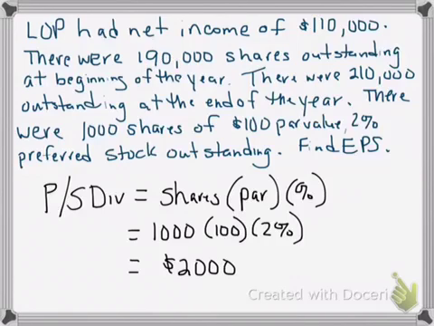Now the other information that we have to know for earnings per share, we need to know the net income, which we know is 110. We also need to know what the average common stock is. The way we find average common stock is we take the outstanding shares at the beginning of the year, the outstanding shares at the end of the year, and we take an average of those two. So in finding the average common stock,